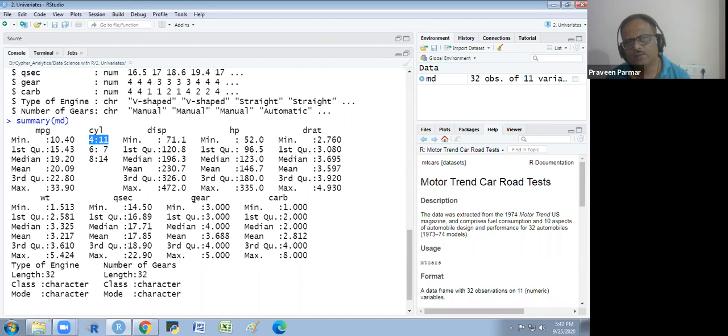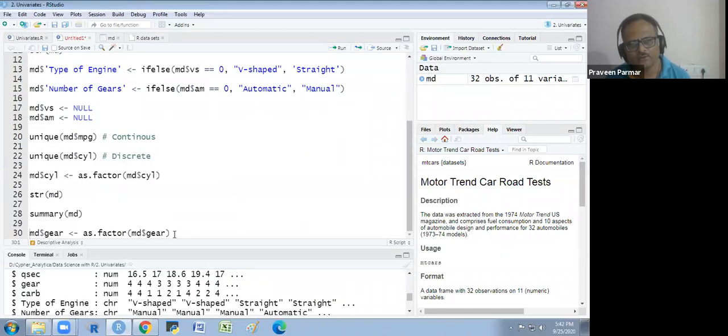Okay, so I will convert this into factor. I will convert this, and this, into factor. I will convert each separately because I have not taught you about for loops yet. Otherwise, I could make a list and convert them all together with a for loop. But here I will convert them one by one.